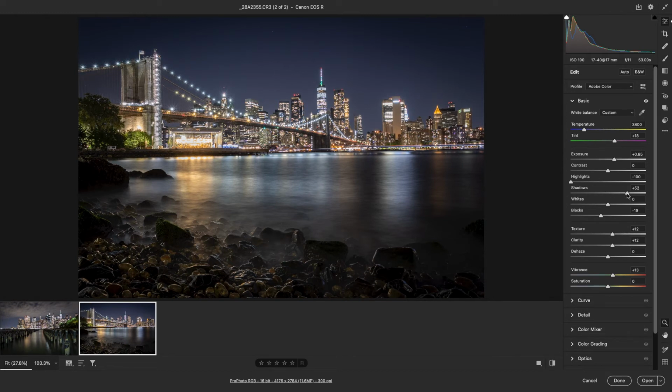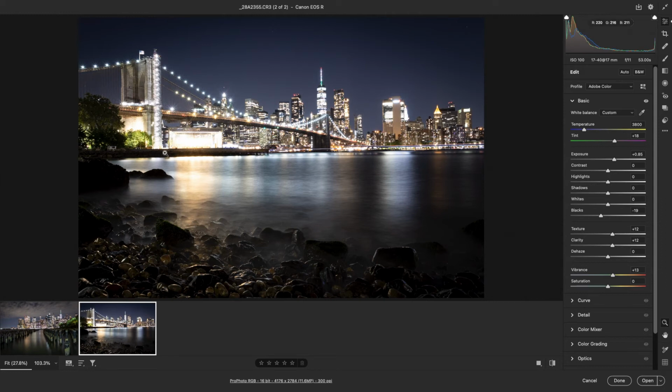And do I want to just push the shadow slider all the way up? I think I do. Yeah, I think I want to push the shadow slider all the way up. I do that a lot where I'll just pull the highlights all the way down and I'll push the shadows all the way up and I get this type of look here. Like this is where we're at, you know, almost out of camera here,